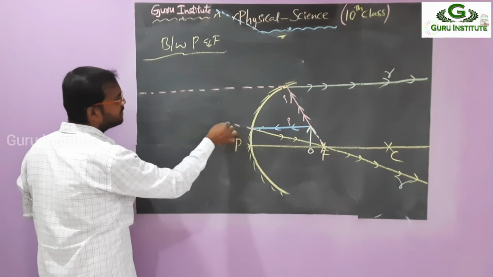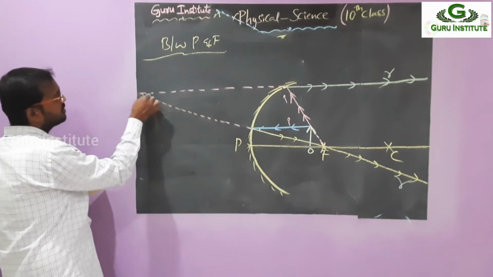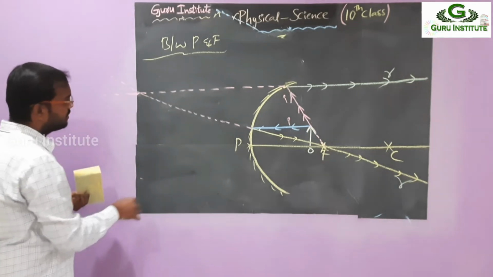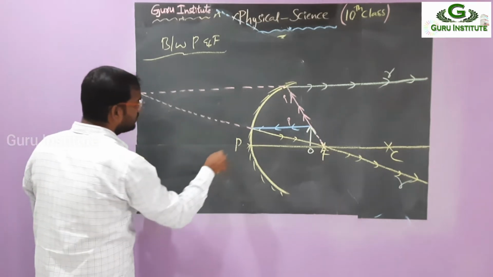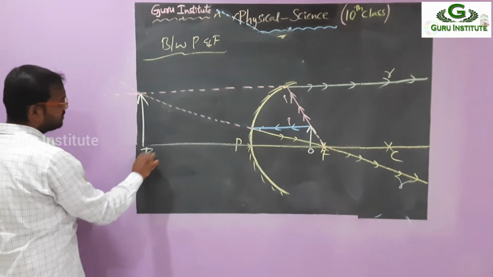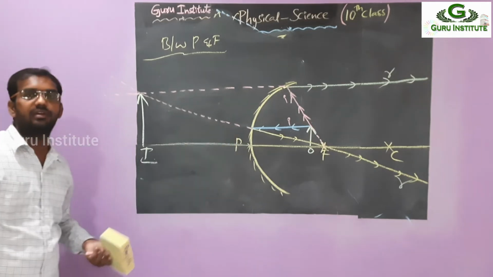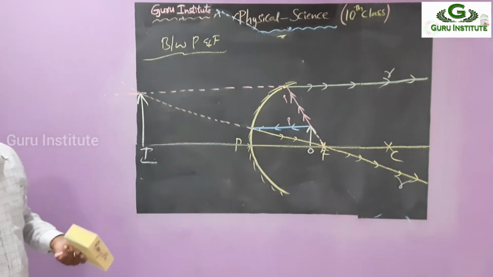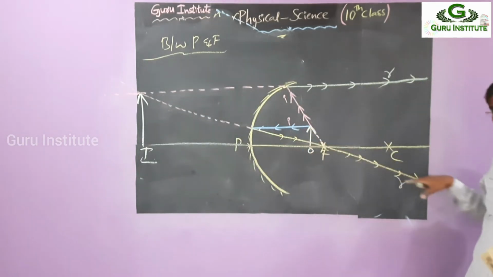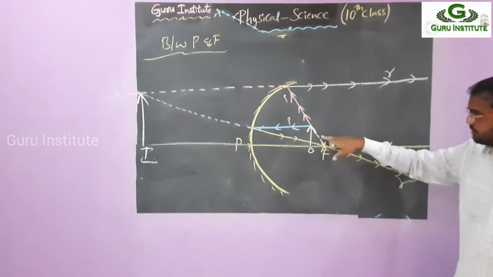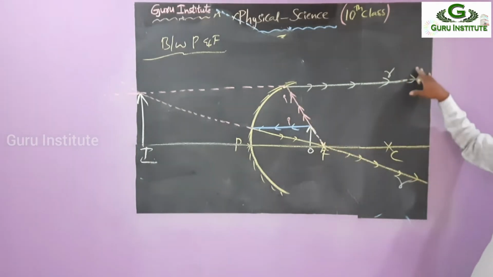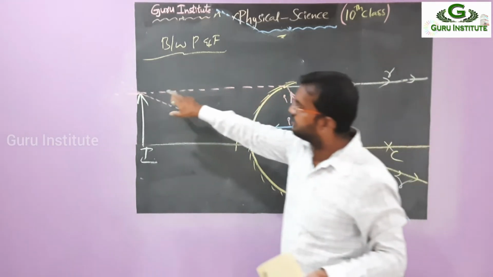So then again extend it to the back side. Observe this, at the corner of this one, they are meeting here. They are meeting here, so automatically the image is formed here. This is the image, that is the object. Understood? So just observe the picture clearly. Parallel to the principal axis passing through the focus, and passing through the focus means this is the extension, like the before case. These two are not meeting each other, so I am extending into the back side, and they are meeting here.